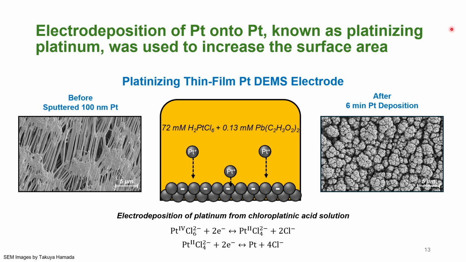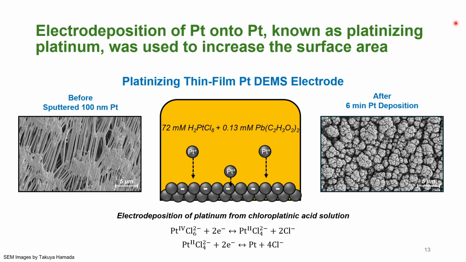Now, because we're doing a mass spectrometry technique, we want to ensure that we get high signal. And as I mentioned earlier in the beginning of my talk, one way to increase the activity of your catalyst is to increase the surface area. And that's what we wanted to do to just maximize our signals as best we could. So what we decided to do was use an electrodeposition technique known as platinizing platinum to increase the surface area